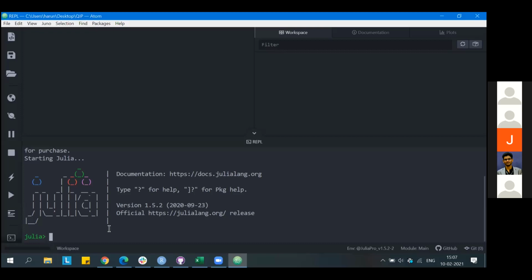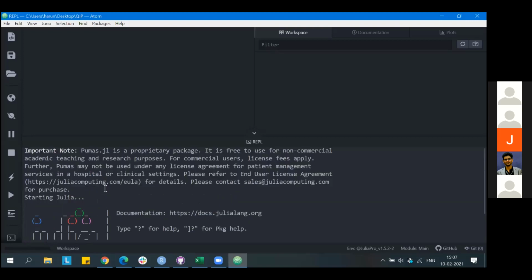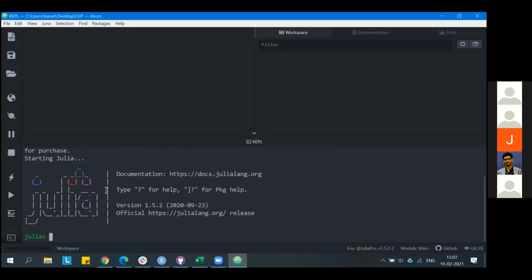Now the first enter which I performed is successful, which returns with this prompt, Julia with this symbol, which means the previous execution or run is successful. Now I have started Julia, then I'll open the file which you might have received from the volunteers.